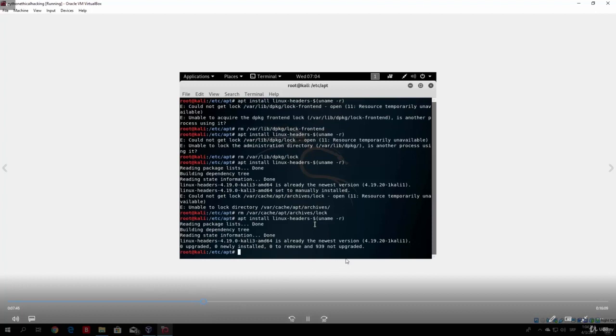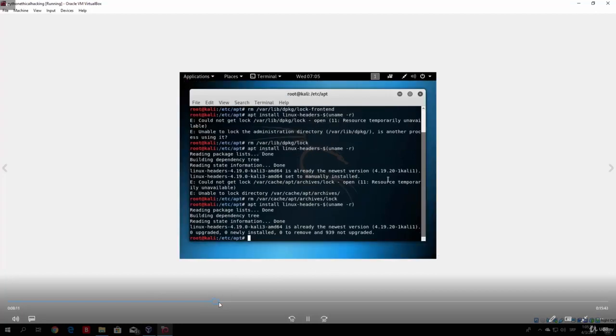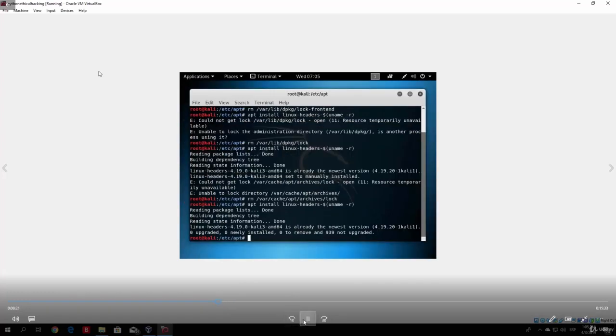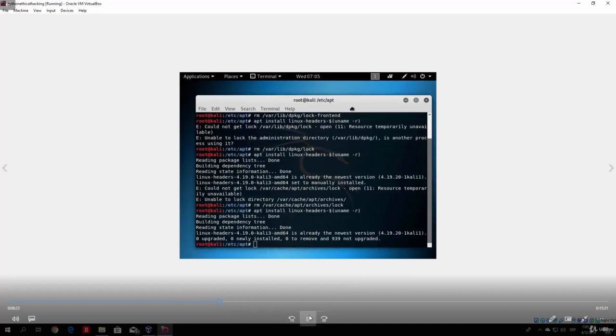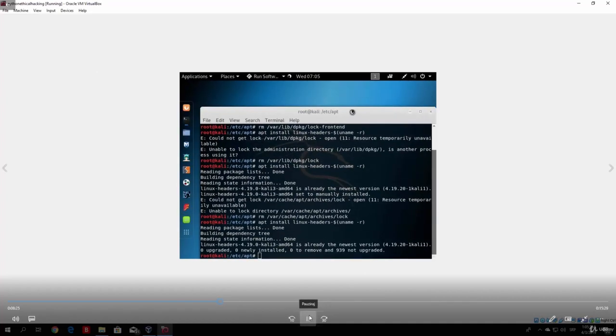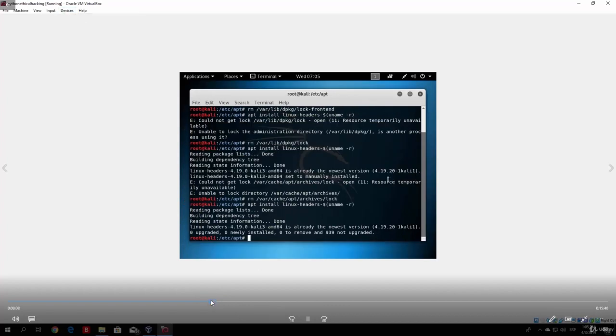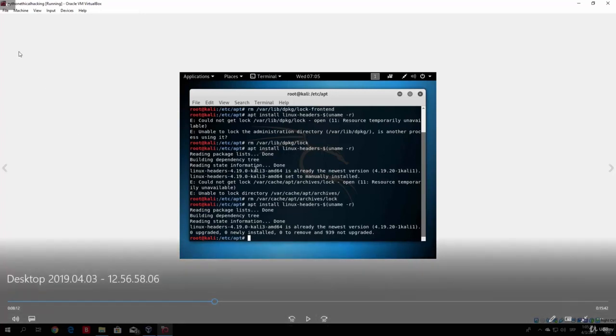In my case, it was already the newest version, so it didn't have to download. Now let me see what I did next. So I will just forward this. Okay, so right here, after that, let me just show you because I already passed it. So after you install the Linux headers, where you want to go is